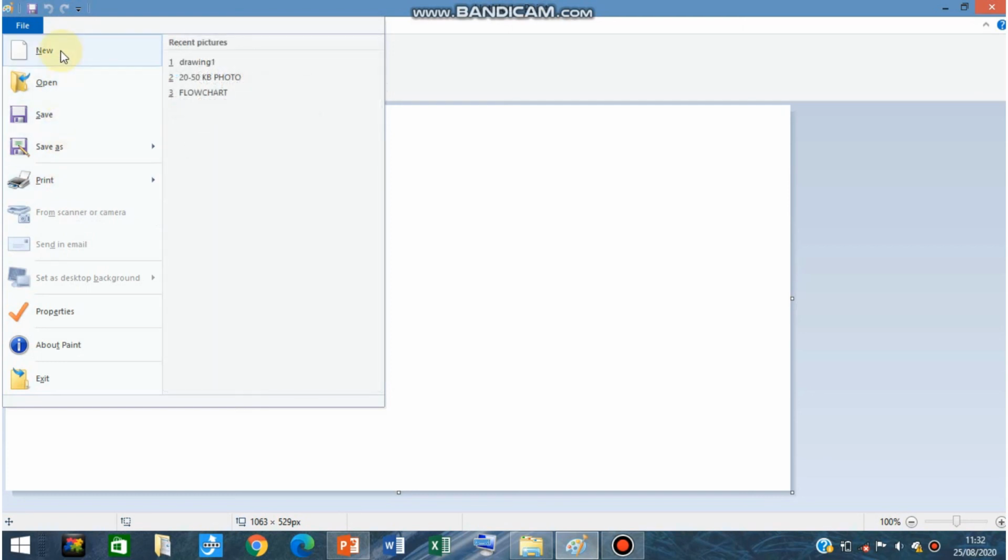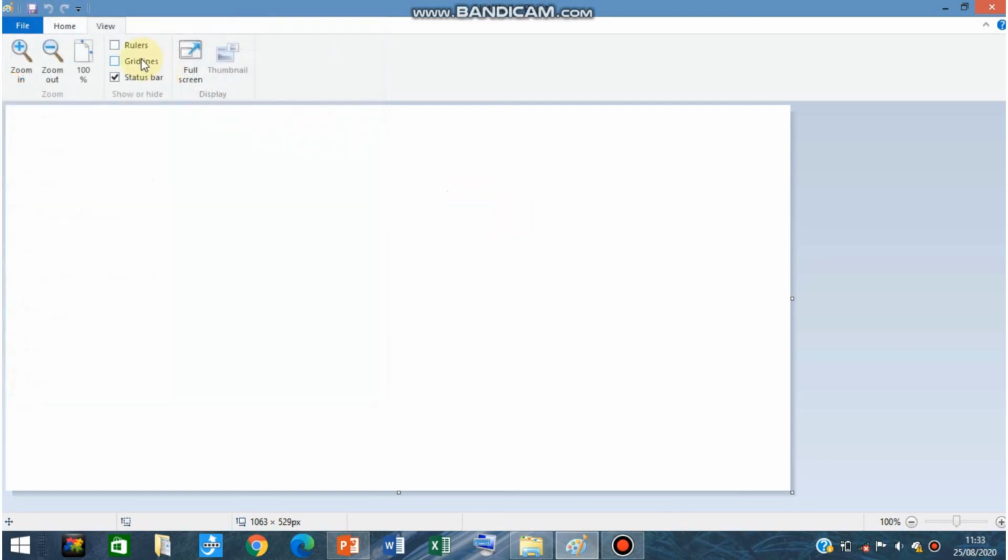Fine, when you click on the new option, it allows you to create a new drawing. When you click on the open option, it allows you to open an existing picture. Fine, so this was all about the file menu.